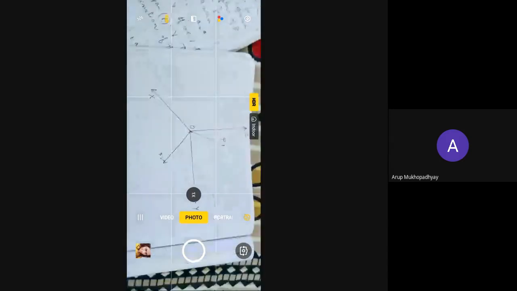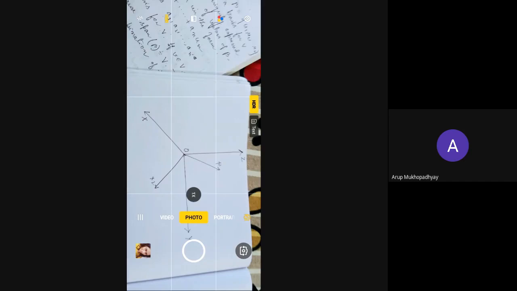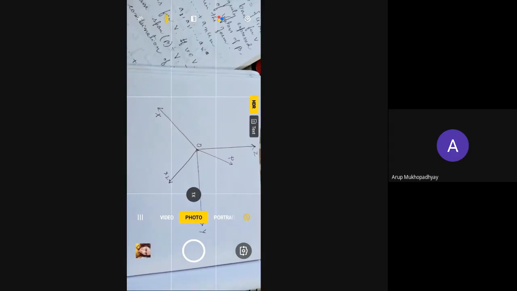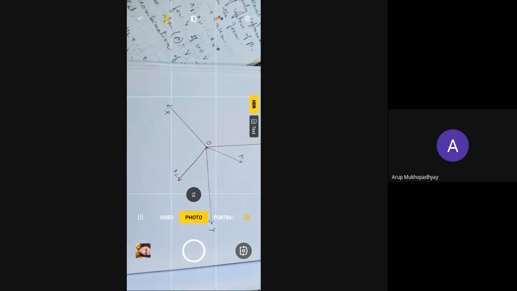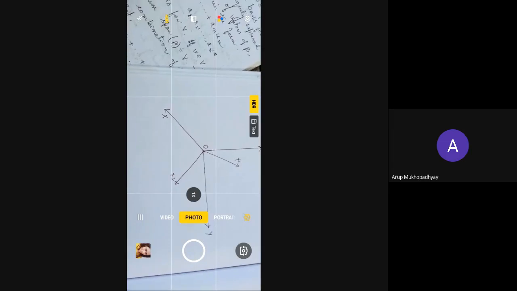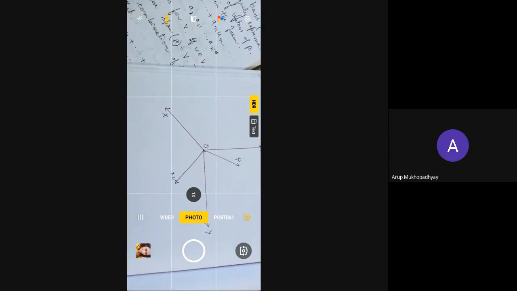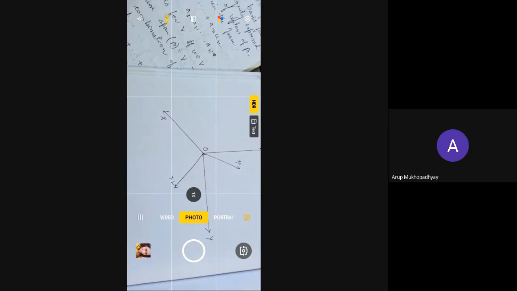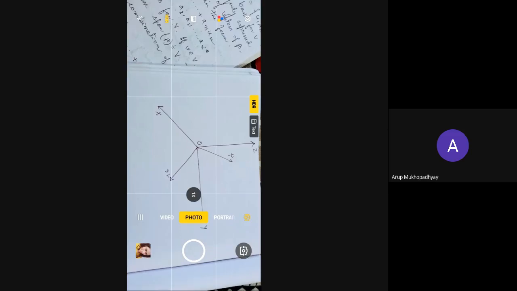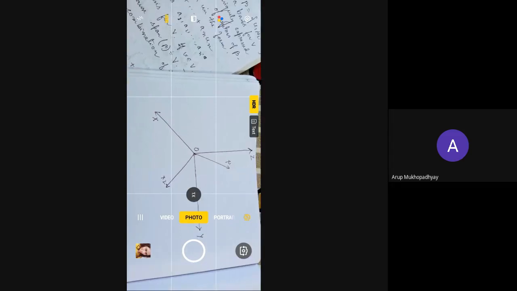So I will describe the example. First, one thing I would definitely say: the conditions for being a linear space. If we take two elements from the set and take the sum, then the sum must be in that set. And secondly, if we take any multiple from the set, the result will still be in the set. So if in a linear space we get a subset which satisfies the two conditions, then we call it a subspace. Today, I will discuss the above example to review these two important properties of linear space and subspace.